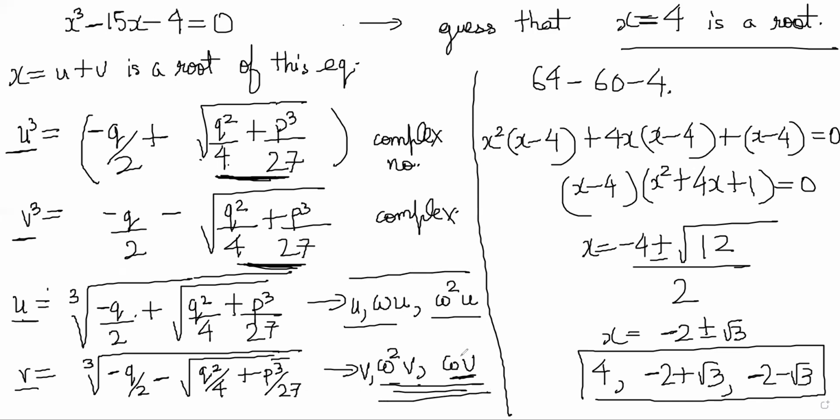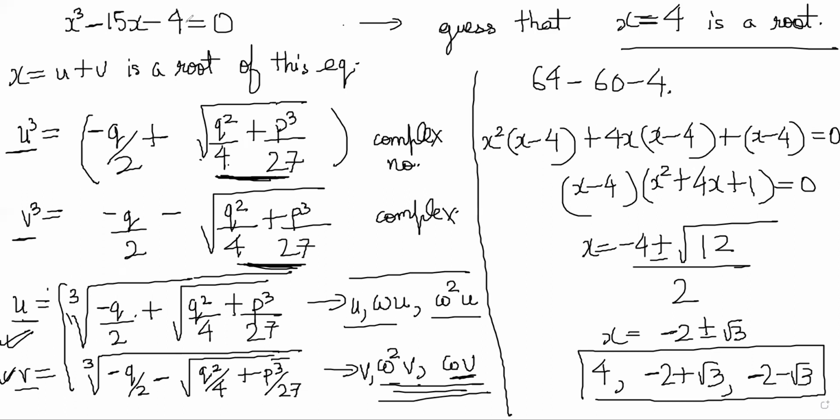If this part is not clear, you need to go back to how to take cube roots of complex numbers, and that is discussed in great detail on my channel. There is a list of complex number videos that I have shared already in a previous video. I will share a link to all of those complex number videos. For now, let's assume that this part is not negative. If this part is not negative, it is a real number, and then this is correct, and your answer will be just u plus v.